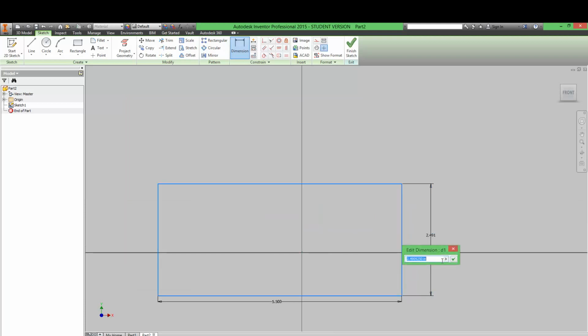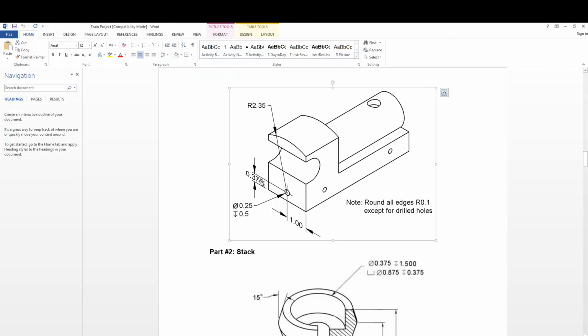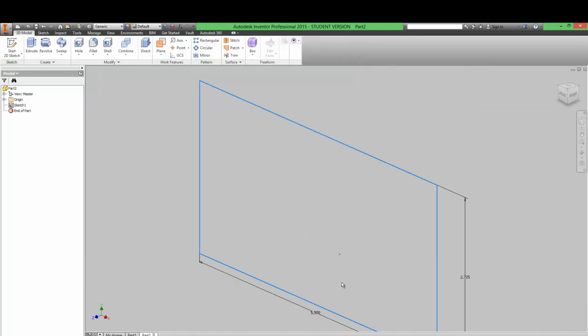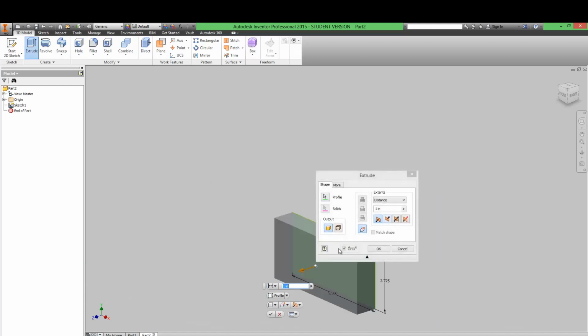This is going to be, what did I say? 0.375 plus 2.35. And remember, Inventor can do the math for you. So if you just put it in an equation, it will solve it. I'm going to finish the sketch, and then I'm going to extrude out